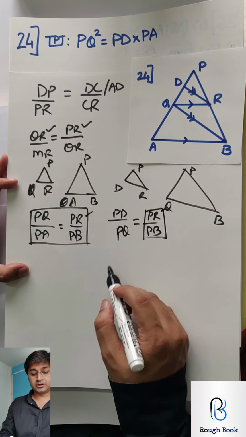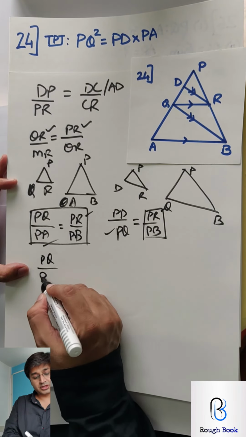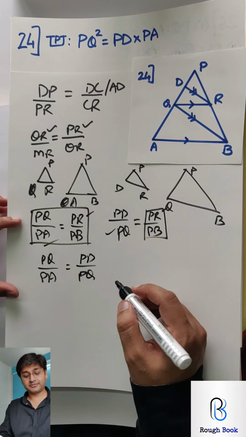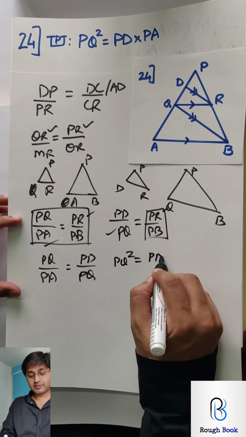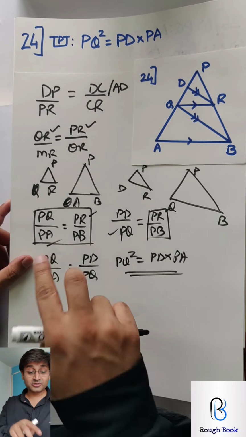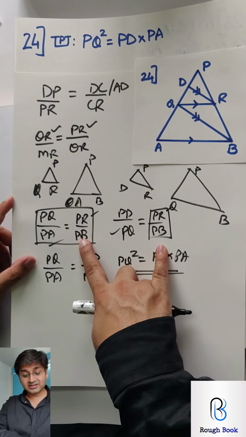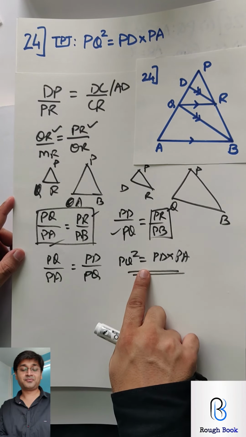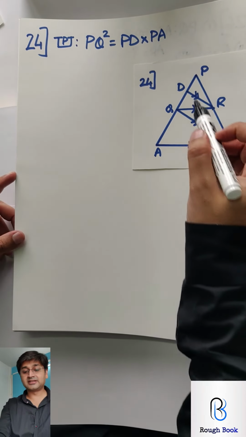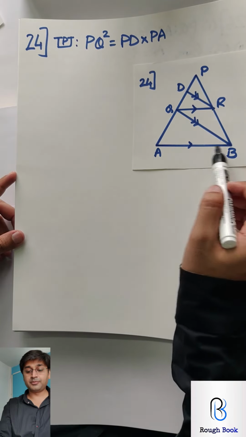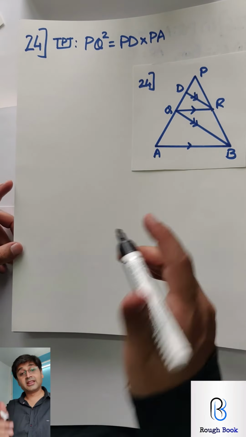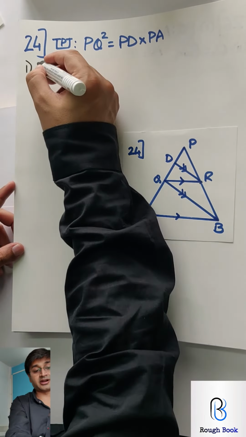Both these RHSs are equal, so LHS also equal. So PQ upon PA, PD upon PQ. Cross and magic will happen. If I cross, PQ square, PD into PA. So they are telling you to take triangles in this way, prove the RHS equal, take the LHS together and cross it. Isn't it a lovely question? Let's try it. First 4 steps, prove these two triangles similar, PQR and PAB, get CSST. Same 5 steps for the other 2 triangles. So 10 steps at least you must write and then come back.